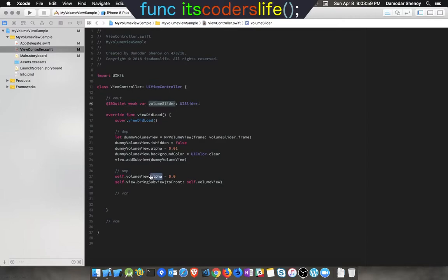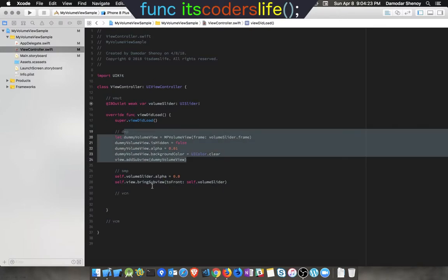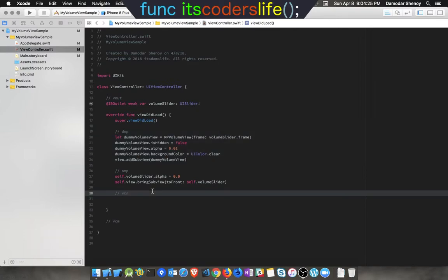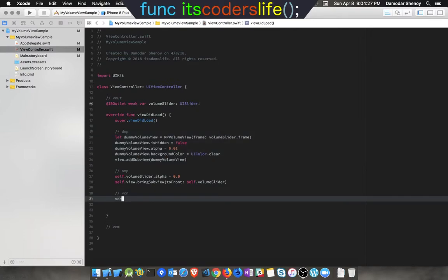So what I'll do is I'll make the volume slider alpha 0, to begin with. I don't want it to be in the visibility mode. Then bring the subview to the front because we have added this. So we'll bring it to the front